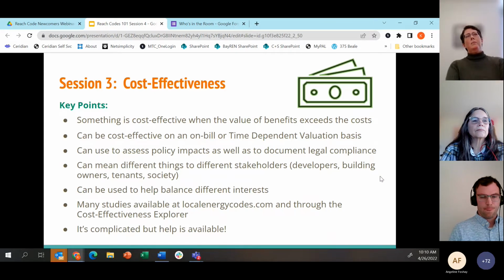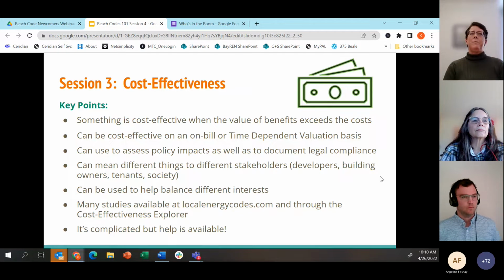Session 3, our last one, really delved into cost effectiveness and cost effectiveness studies. And there's a lot of information here, but the very high level key points: something is cost effective when the value of the benefits exceeds the costs. And you can calculate that in a number of different ways and different bases.